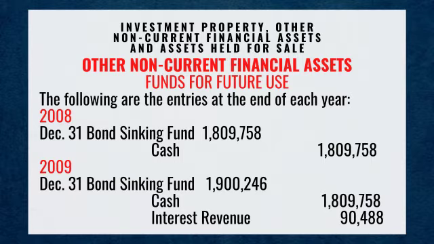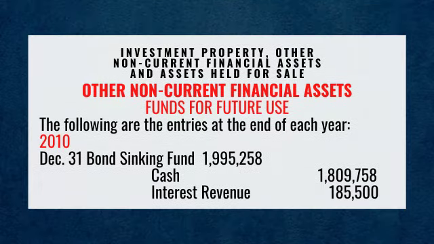Year 2009, December 31st, debit bond sinking fund for 1,900,246 pesos. Credit cash for 1,809,758 pesos. And credit interest revenue for